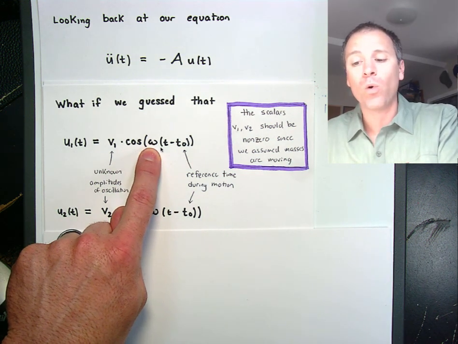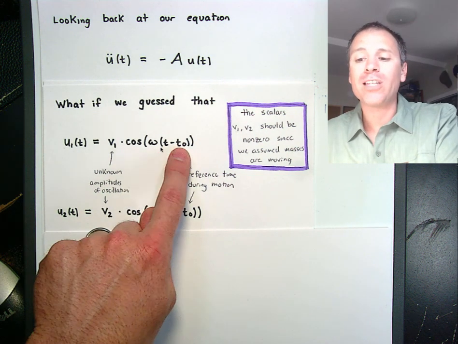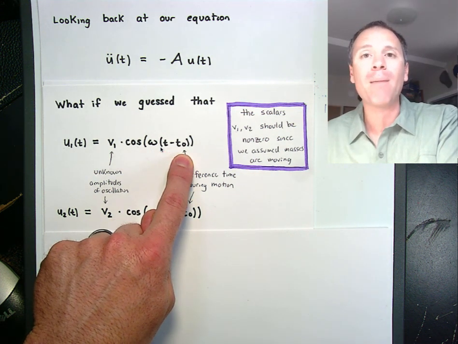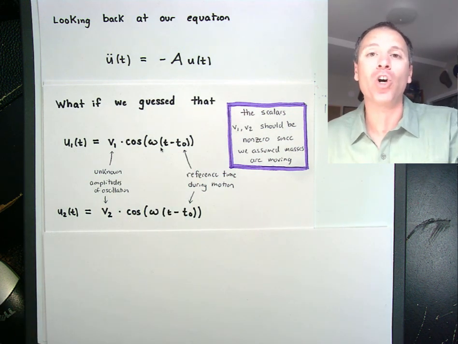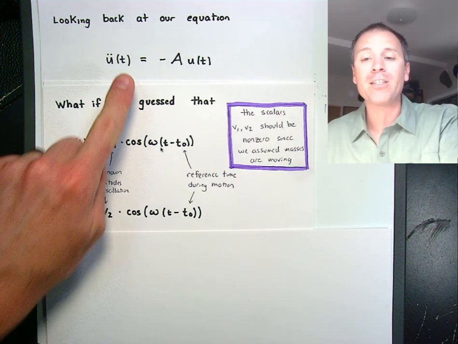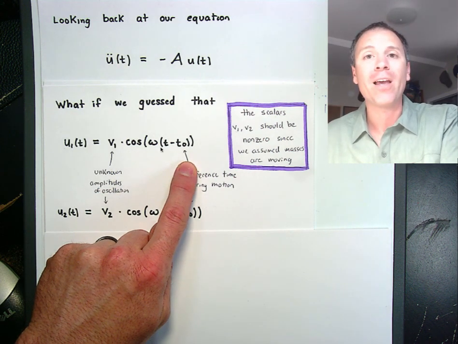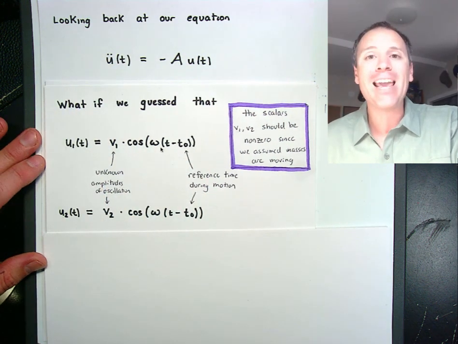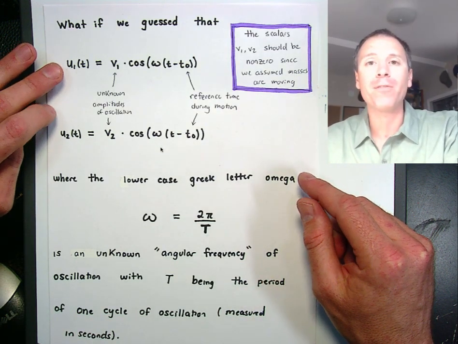Inside we have what we'll call the angular frequency. That's the Greek letter omega. And then we'll also say, by the way, this cosine curve has to be pegged to some reference time point in our measurement. In other words, at some point we actually have to know what the displacement is, what the velocity is, so that we can combine the equation for difference, aka the differential equation, with an initial reference point. If I know where I start and I know how I change, perhaps then I know the behavior over all time. In other words, let's assume that both displacement functions can be written as